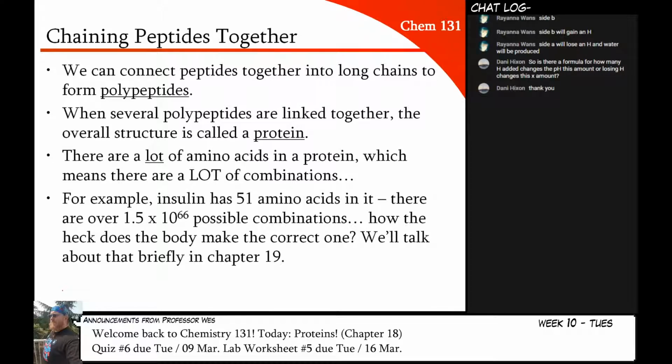And the answer is, well, it's coded into DNA. DNA is written in a sequence of chemical pairs, and that particular sequence says, do this, pair these amino acids together every time. We're going to talk about that very briefly in chapter 19,